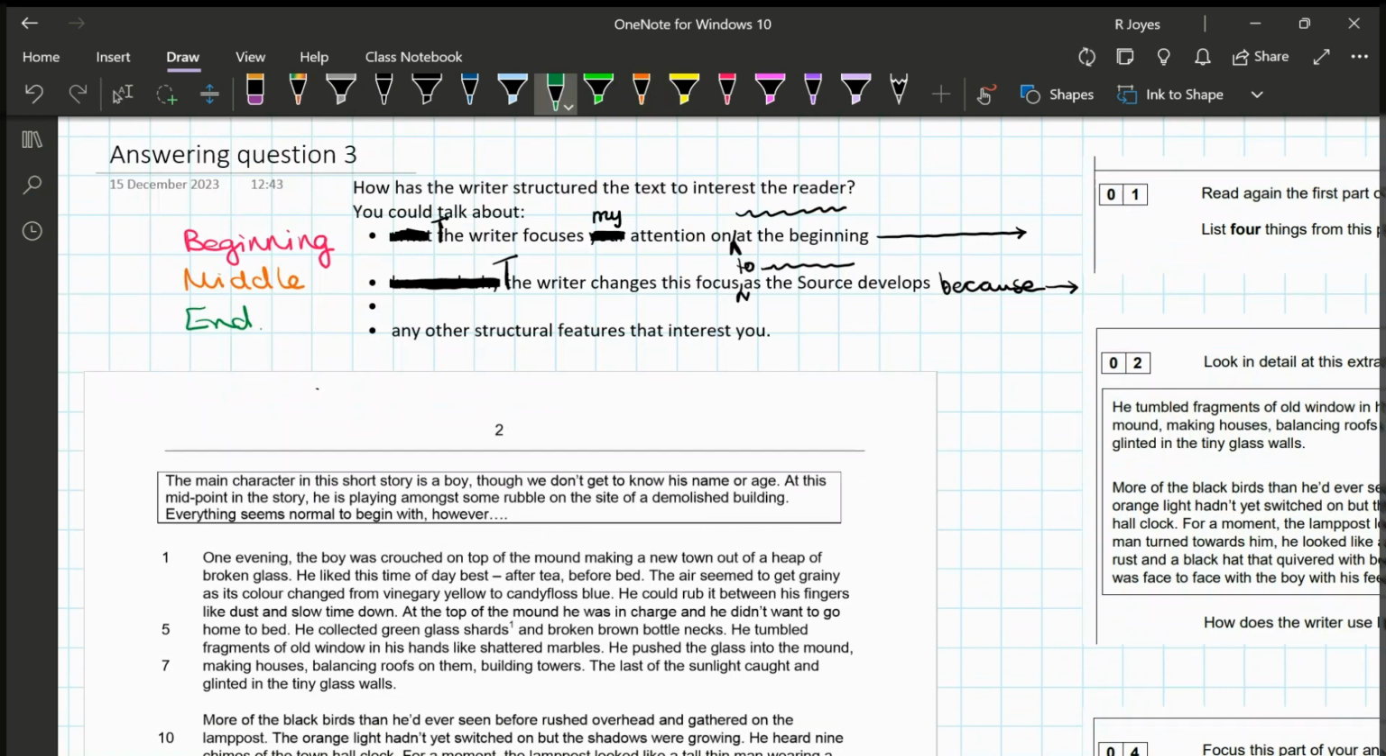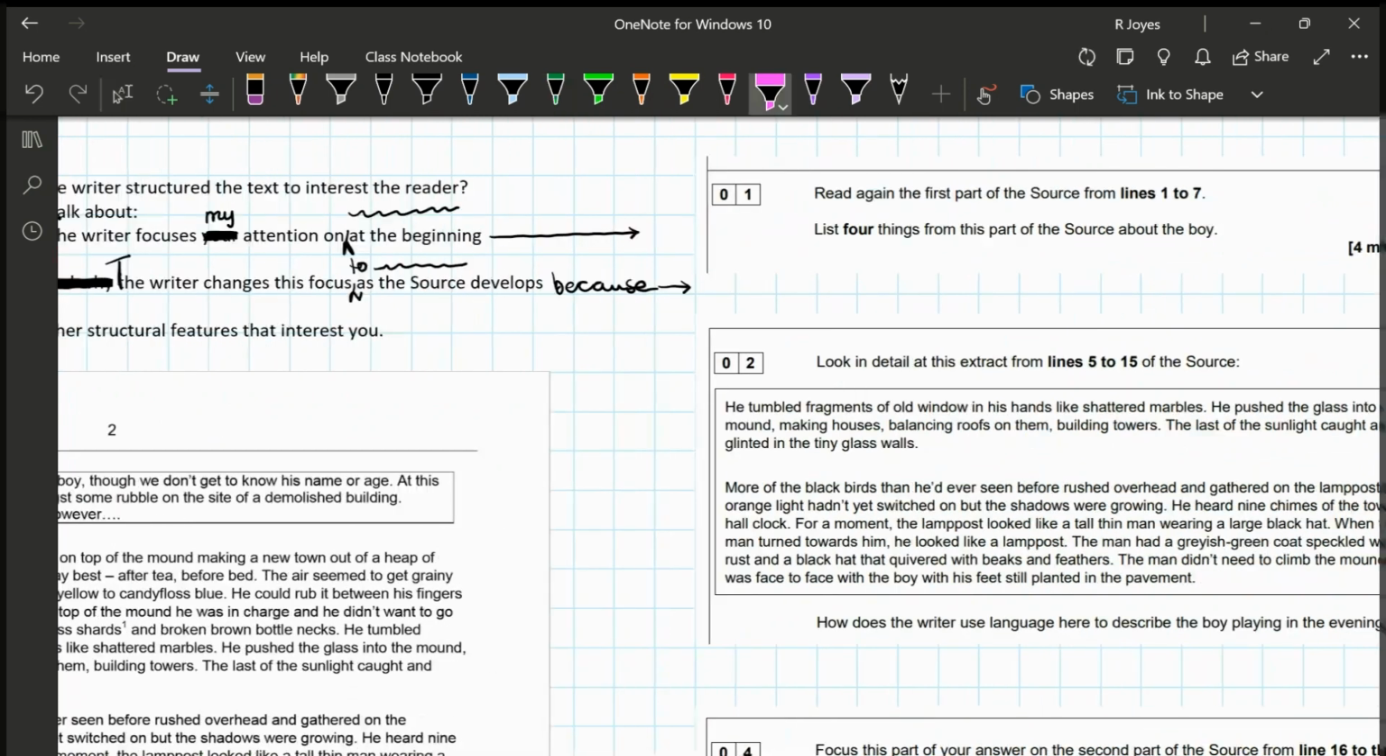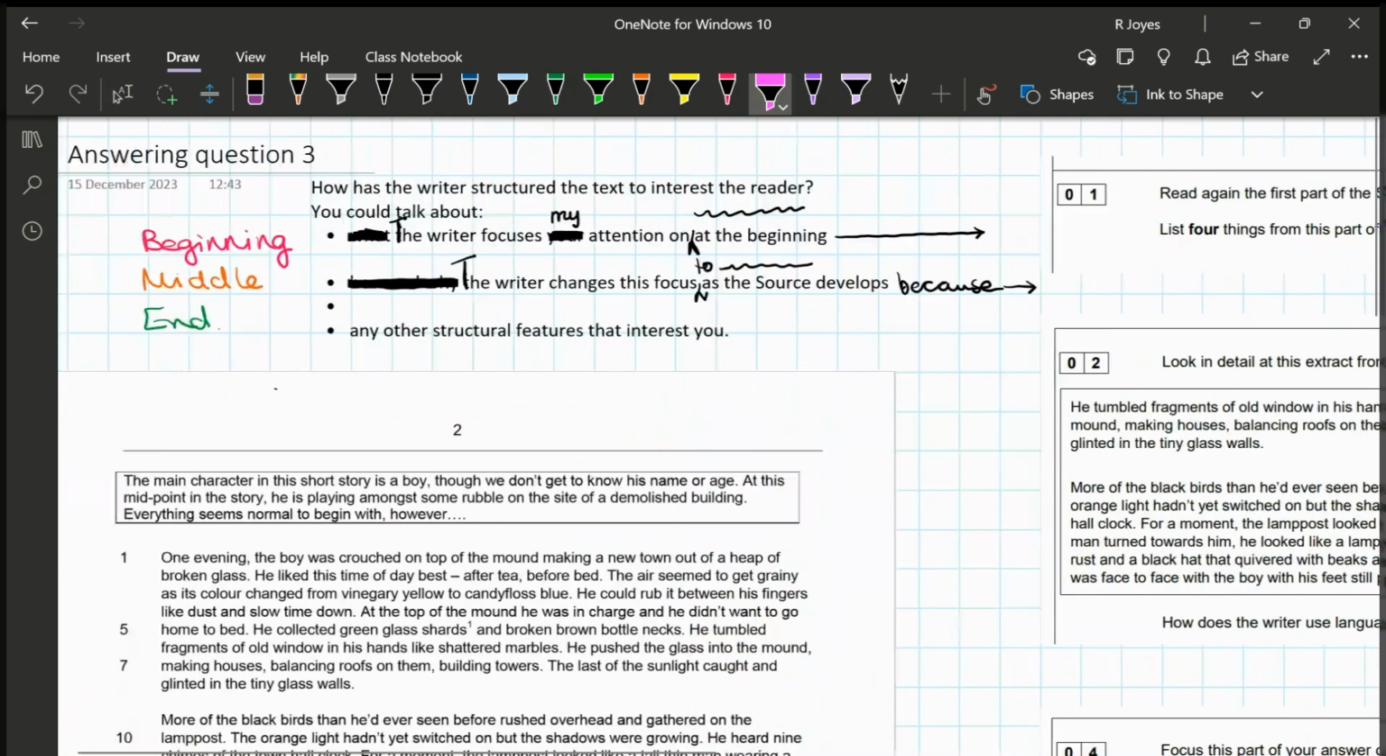Okay, so we know we've got to look at the beginning of the text. And we've already read the beginning of the text because we've already answered question 1. That's actually going to give us more information than we might think, because obviously we have to read the whole text all the way through, but we've already read it for question 1. If we actually look at question 1, we can see we're told what that paragraph is about. List 4 things from this source about the boy. So I know that my first paragraph, the beginning of the text, is